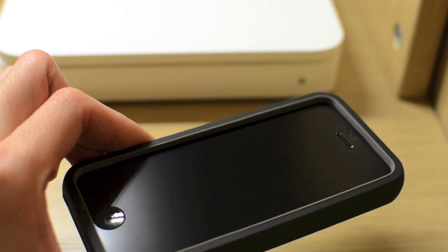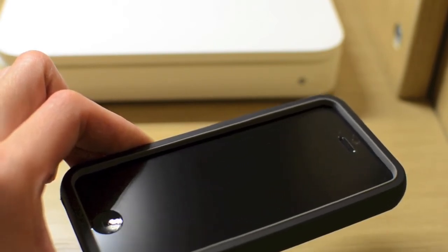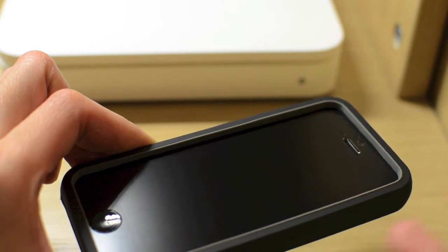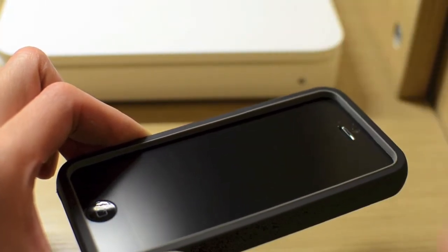You put it on and a couple weeks later you take it off and you notice there's scratches on your phone. Where do those scratches come from? It's probably dust and debris that actually gets between the case and the iPhone itself. It's not actually the case scratching it, but when you take it off, or if the case is a nice and snug fit and it shifts around, the dust and debris between the case and the iPhone can actually